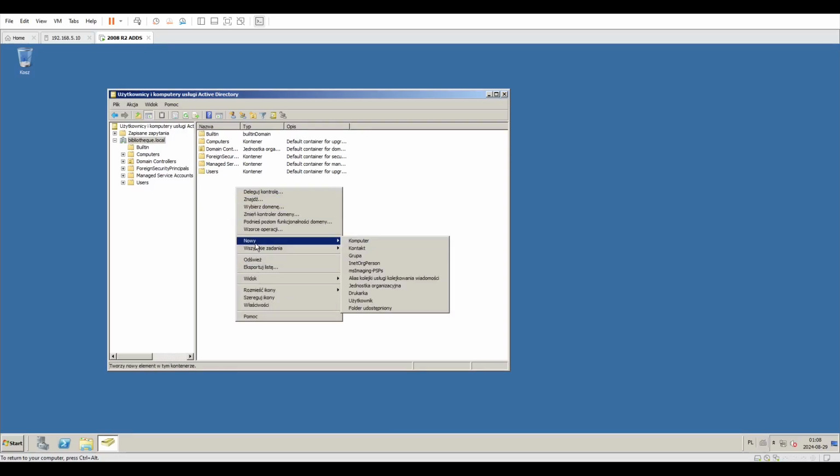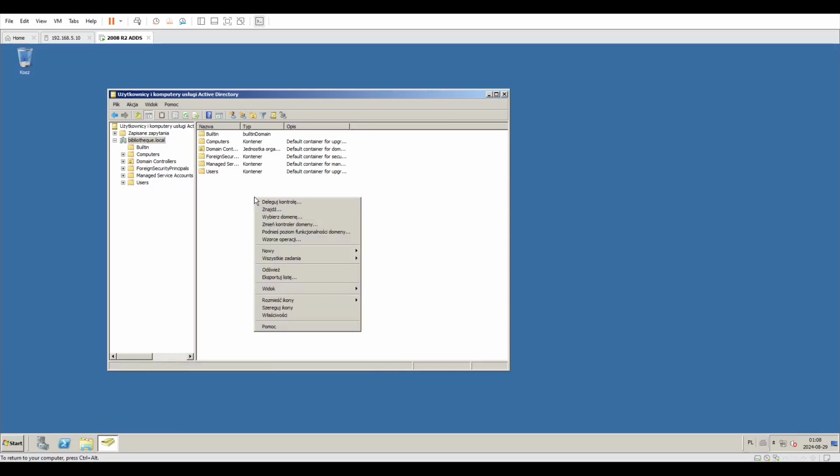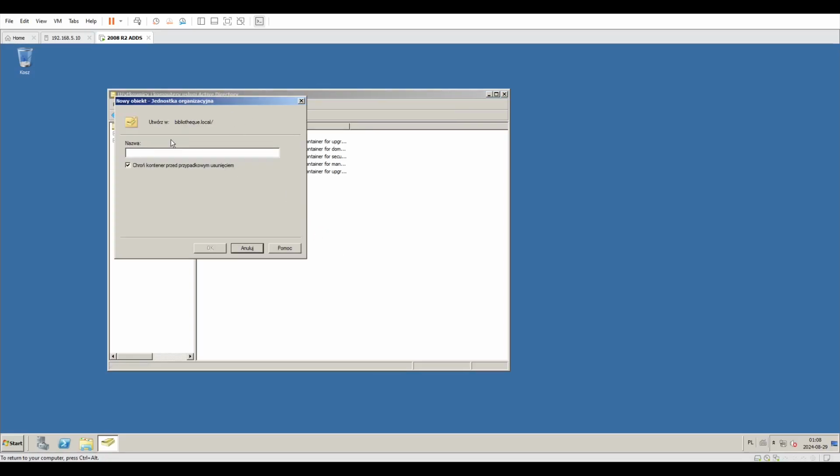If you ever want to create an organizational unit, I keep mispronouncing it, but whatever, you right click, hover over new and click organizational unit, and then you can name it whatever,